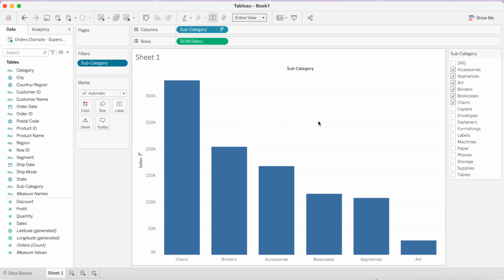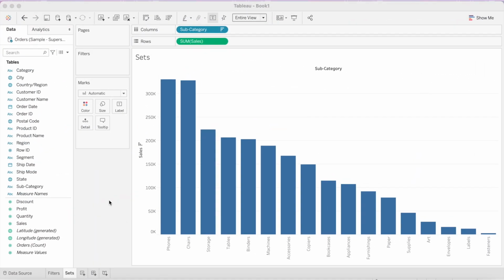Let's move on to our second topic of introduction, that is how we can use or apply sets in Tableau. Talking about sets, a set is nothing but a collection of few elements, meaning you can custom segment your dimensions in Tableau. However, unlike dimensions, sets are always binary. In other words, they are either in set or not in set. Let me show you an example here.